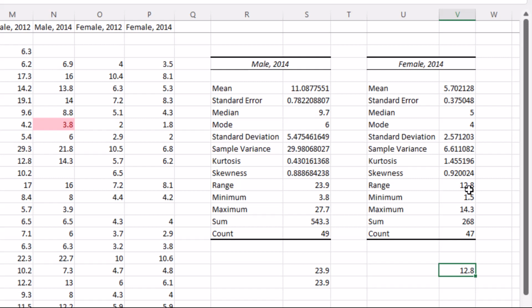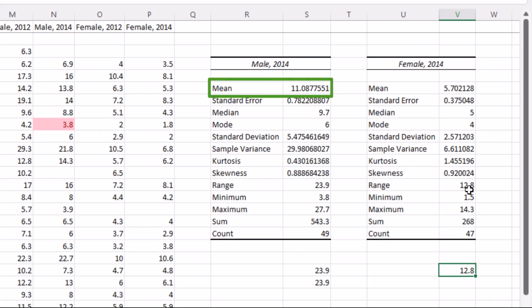Great. What is the mean death rate due to motor vehicle accidents for males in 2014? So the mean is the arithmetic mean, and it's what we typically think of as the average. It's the sum of all the data elements divided by the number of elements. So basically, it's sum divided by count in this instance. Now remember I said that it's what we typically think of as the average, but in reality there are 3 averages. There's the mean, the median, and the mode, and we'll go through them one by one.